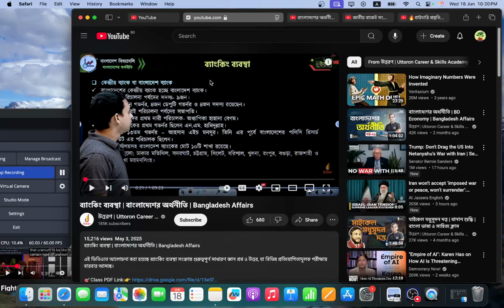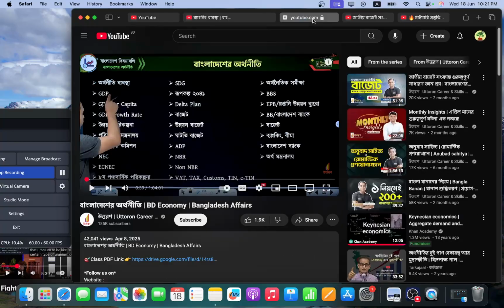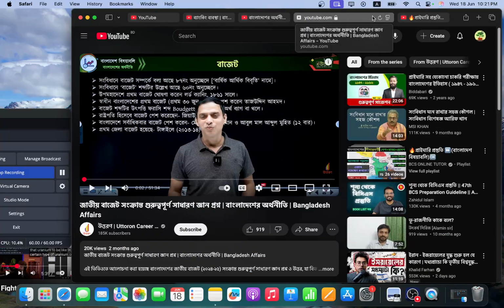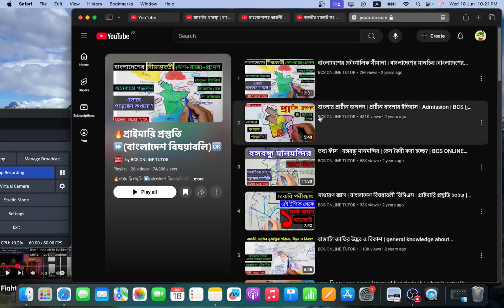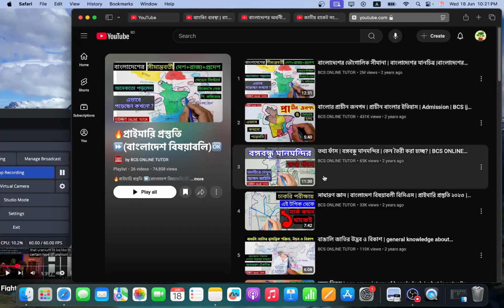I would like to go through some of it just to have a basic idea of how these sessions are carried out. There's also this one that talks about BD economy, and it does a basic job in defining stuff. What is the economic system, per capita GDP, etc. And I'm sure they go through different questions and answers, so it will be interesting to go through them one by one. This as well. And lastly, I just randomly clicked on this one, video online tutor. This is a good playlist as well.